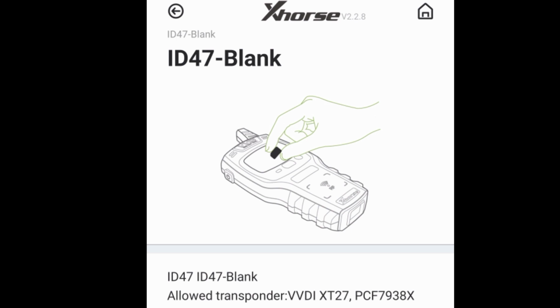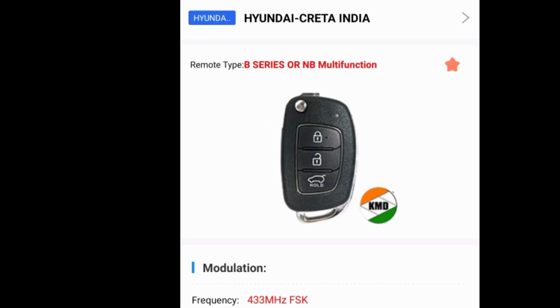for Hyundai Creta vehicle. So to generate the remote for this particular Creta vehicle 2018 model, we should use KDB series remote or NB series remote which are generated as Hyundai Creta India with 433 MHz frequency.